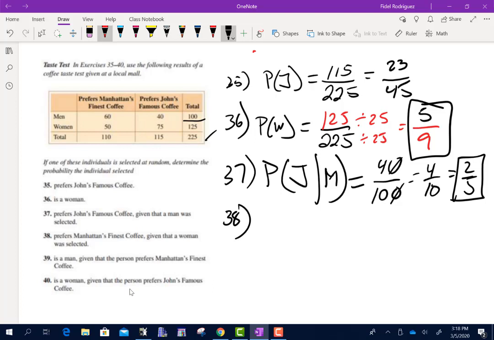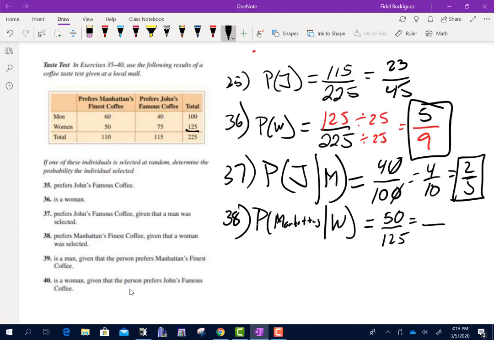38. So 38 now says, what's the probability that they prefer Manhattan's given that a woman was selected. Okay, so given that a woman was selected. So again, we had a total of 125 women, and out of those 125 women, 50 of them preferred Manhattan's coffee. Okay, let's divide them both by 5. So 5 goes into 50 10 times, 5 goes in here 25 times. Divide them both by 5 again, 2 over 5. Okay,